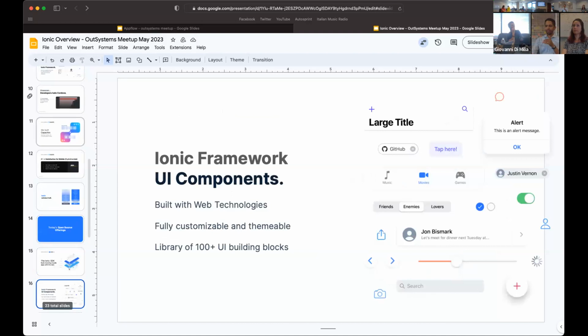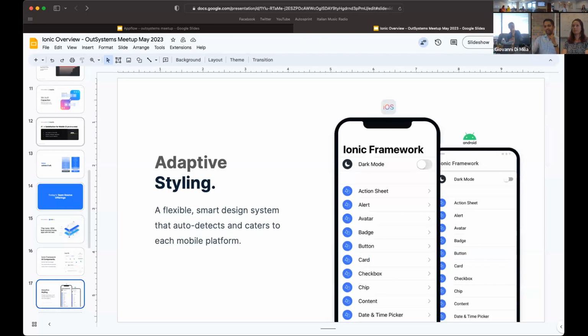The Ionic framework is fully customizable and themable. It has 100+ UI building blocks, like large text scrolling and native look and feel controls, and it has adaptive styling. So for Google devices, it follows Google's UX design principles.